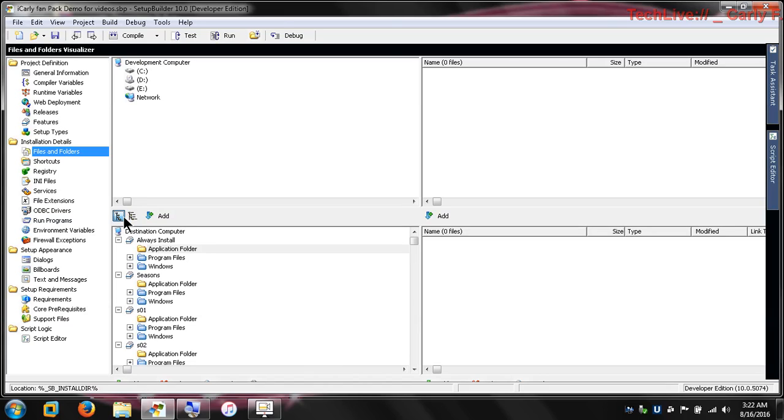Okay, welcome back. In this module, we're going to be talking about the Files and Folders Visualizer and how these things can snap together to actually put the files on the user's system. Now, this is divided into two panes, top and bottom. The top half is what's on your machine, the development machine for the installer, and the bottom is the folder structure of the user's system. So let's jump out here to C,